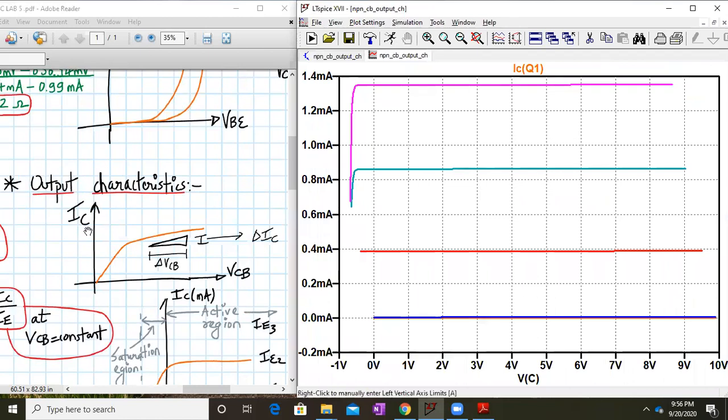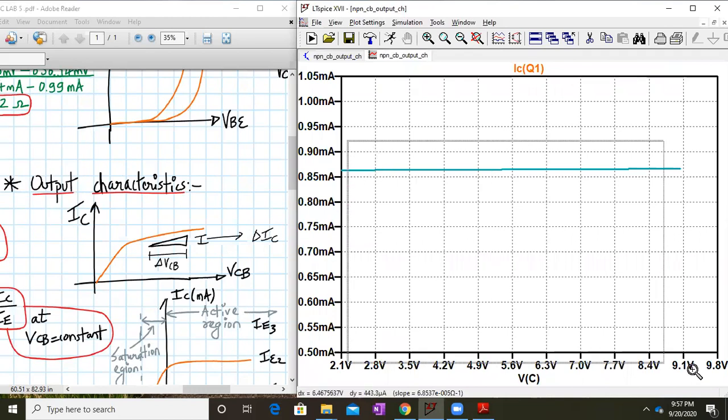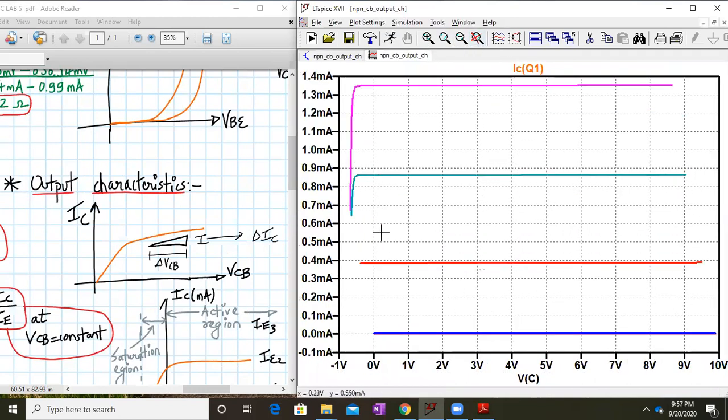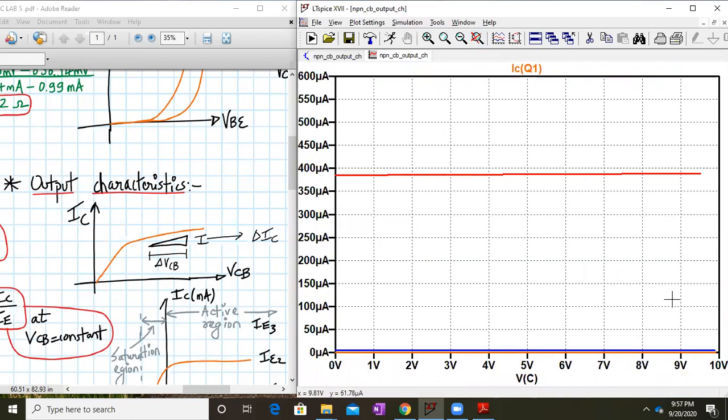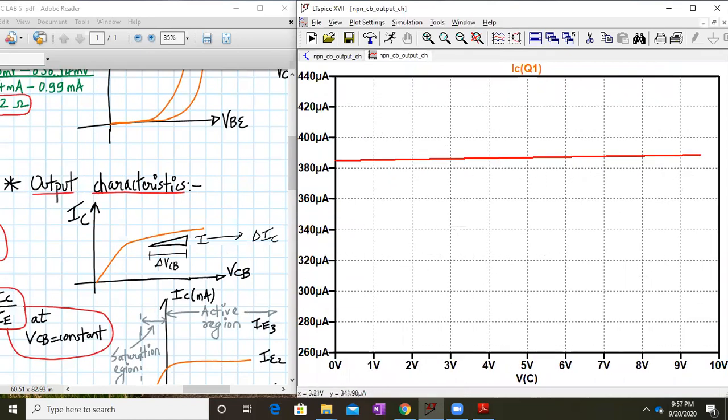Now what we need to do is expand on any one of the graphs. So let me consider this graph. I'm expanding it, a little bit more, a little bit more. Let me take the red one. I'll keep on expanding it till I get a sufficiently large difference. Yeah. So you need to expand it 4-5 times so that you can get a proper value. Your graph is almost a straight line, so obviously the impedance will be pretty high.